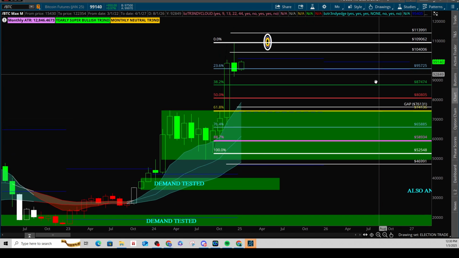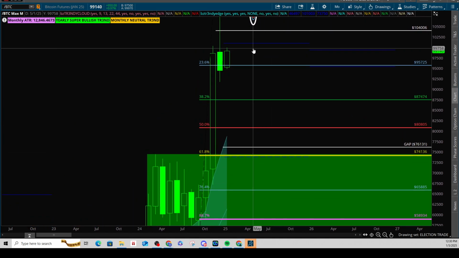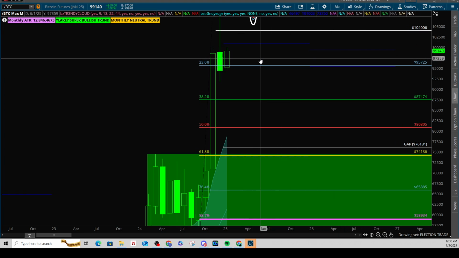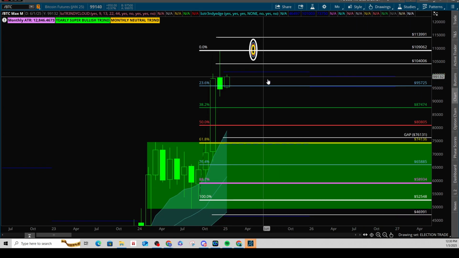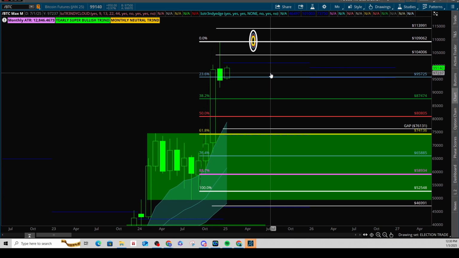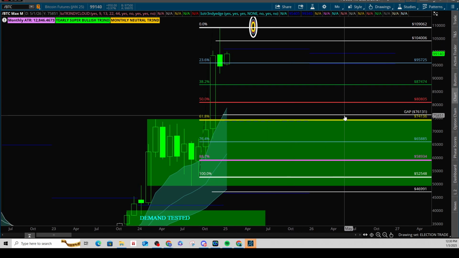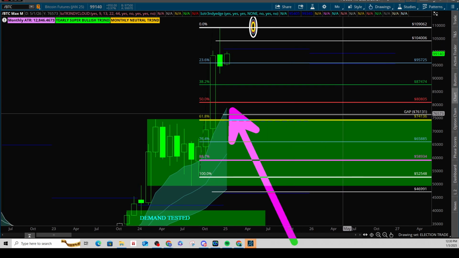But just like the ES and the NASDAQ, we have a theme here. We've got to get above the blue line here, and that blue line is at around 101,025. If we get above there, things start to look better. We should see a breakout into 104 and possibly back towards 107, 104 to 107. Big picture, this 9 EMA should serve as support, and so should this green level.